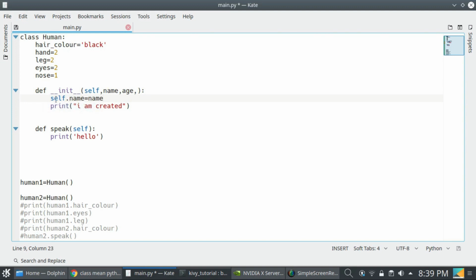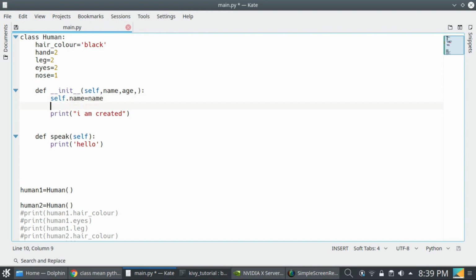I am defining a variable name of this human class, like self.name equal to name, and I am defining age, self.age equal to age. Okay, and I can write this name is self.name plus, meaning this string and this string will be added.